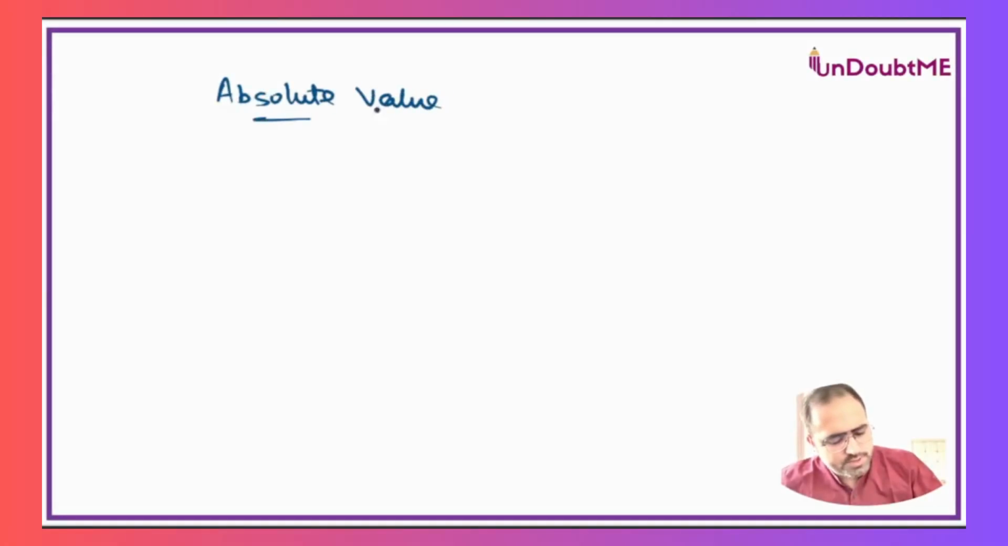Absolute value stands for whatever may be the value, plus or minus; the answer has to be written in plus only. Absolute means just the value only. So when we say absolute value function, it is defined in the simplest way as y is equal to